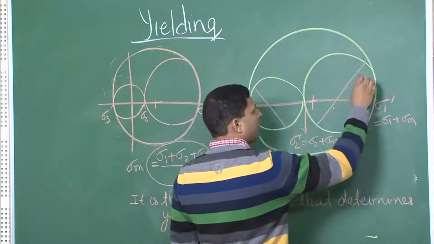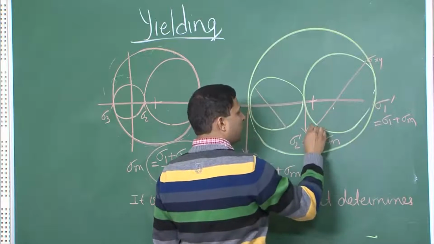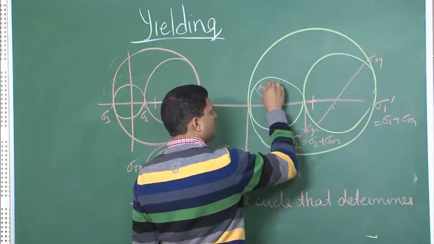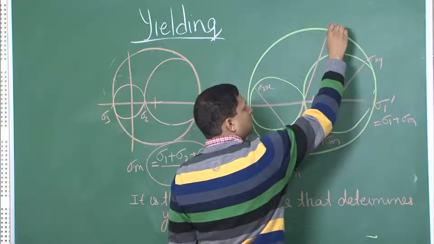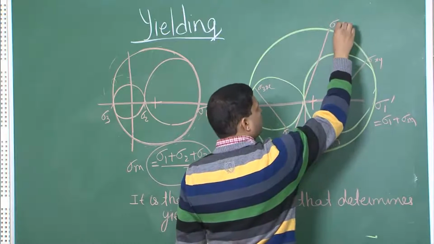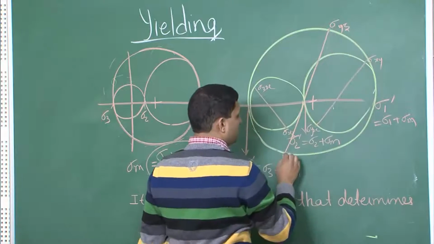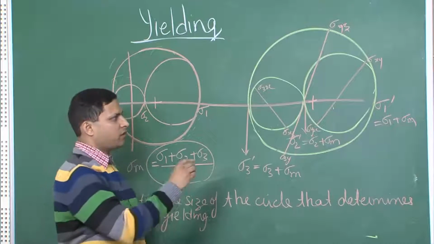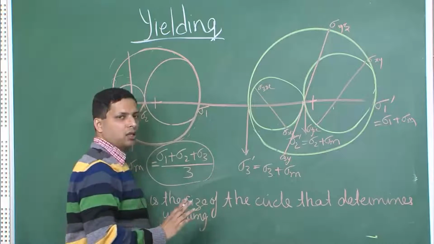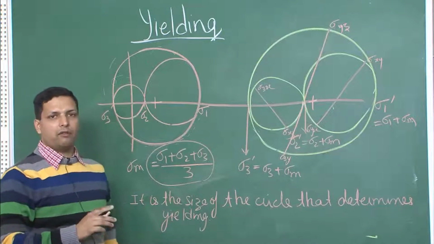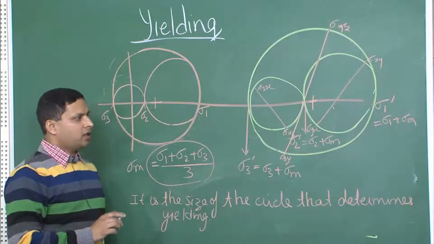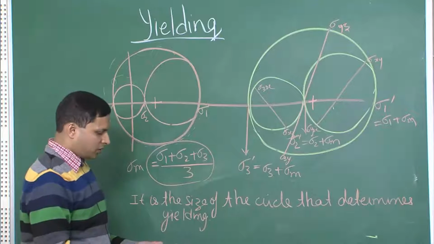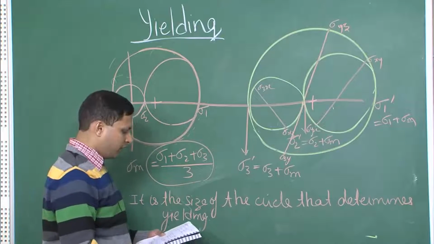So, in this particular angle you may have sigma x y, sigma y x, sigma x z, sigma z x, and similarly sigma y z and sigma z y. So, all those stresses would have increased in value, the normal stresses have increased in value, but the yielding condition has not changed. That is a very, very important understanding, and now based on this we will look at two different yielding